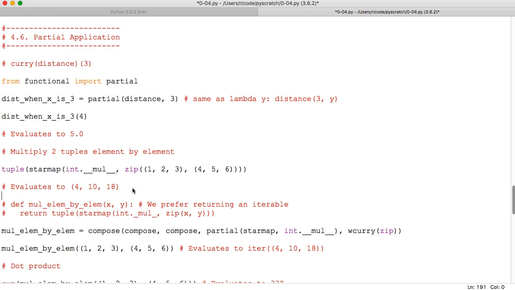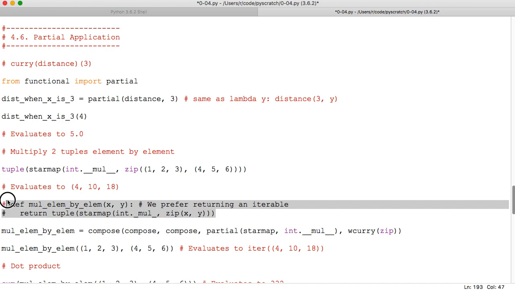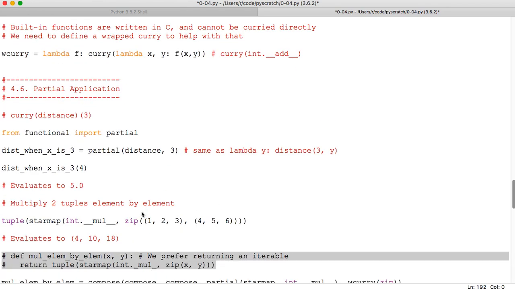So multiply element by element, right? We could have this kind of expression for it. Okay? Now, if we were to use this, we would use a def, but we want to